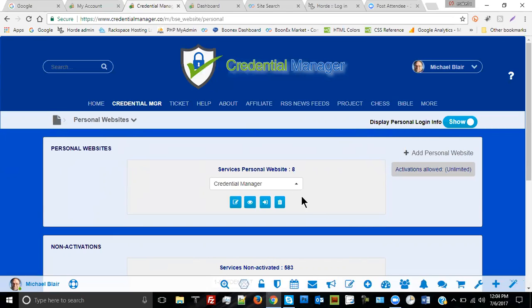And so I use this every day. I would be lost without Credential Manager. Now, admittedly, my activations are on the public side. I have over 170 websites that are activated on the public side. Now, if I wanted to go here,